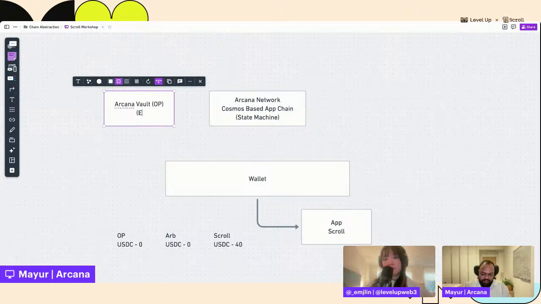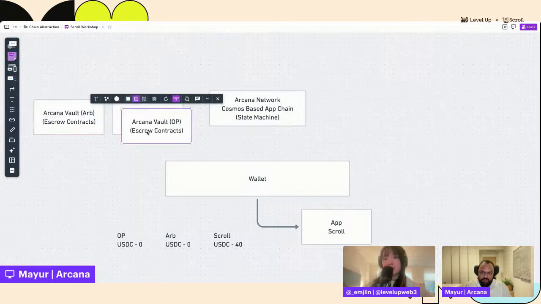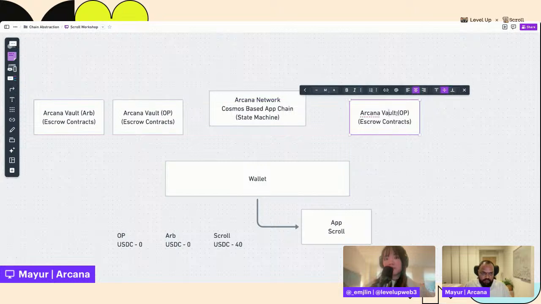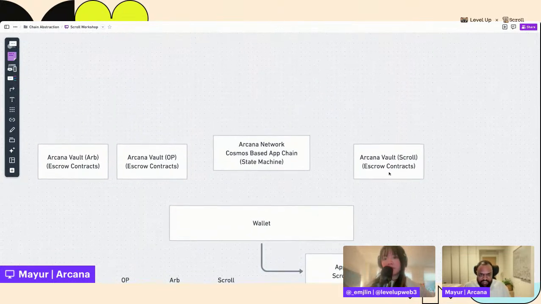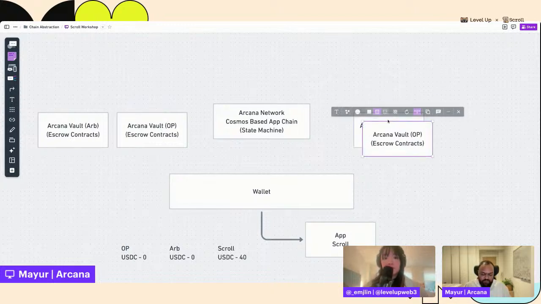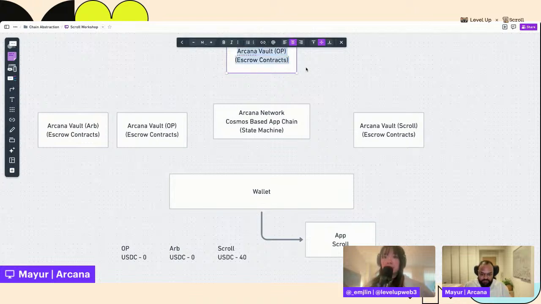These are essentially escrow contracts. They hold funds on behalf of the user. So similarly, we'll have the Arbitrum deployment, and also an Arcana vault contract on Scroll like we do right now. So this is what we have, and beyond this, we also have what we will call the Arcana solvers.